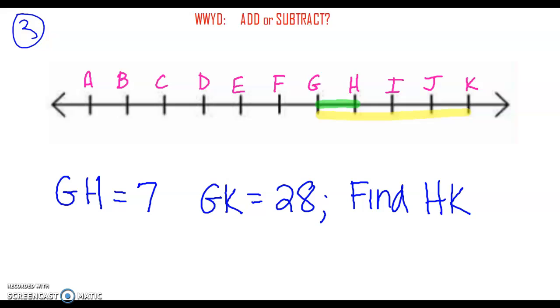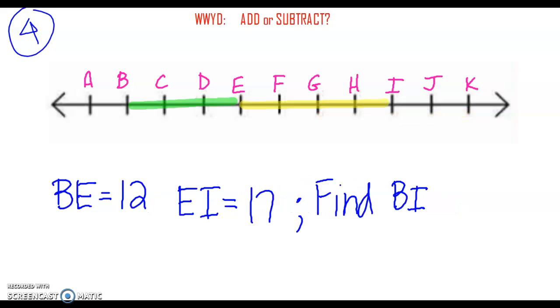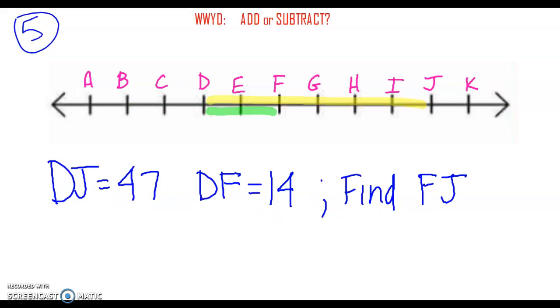Number 3, and again, you can put the symbol, you can write it out, whatever is easiest for you. Number 4, what would you do? Add or subtract? Number 5,